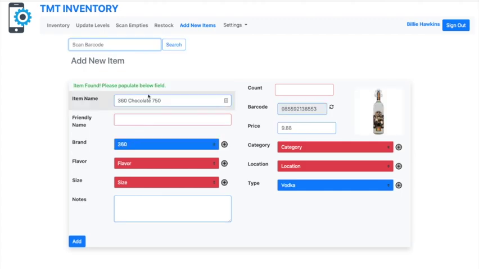In this example, scanning the barcode for 360 chocolate gives me basic information such as the barcode, item name, unit price, type, and brand. Items in blue have been pre-populated by known information on the internet, whereas items in red need to be populated. In this example, I can put in my count of 16, the friendly name that I'm